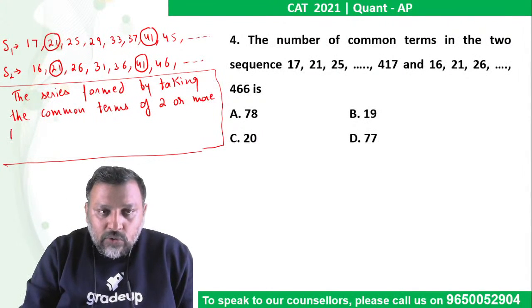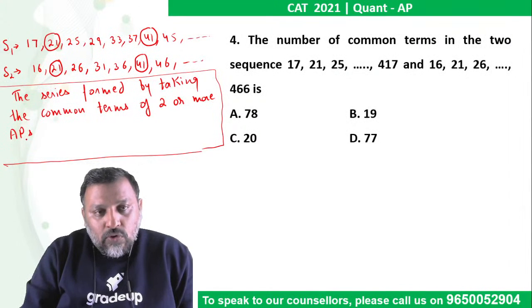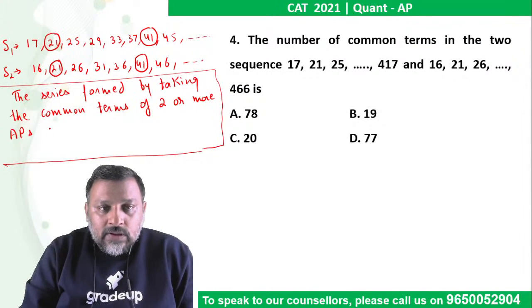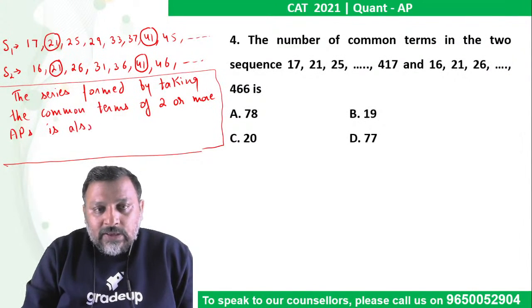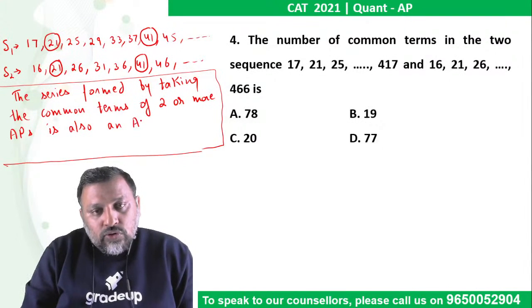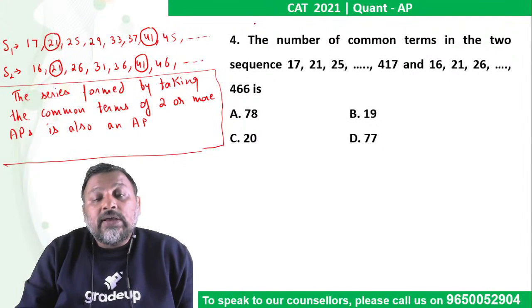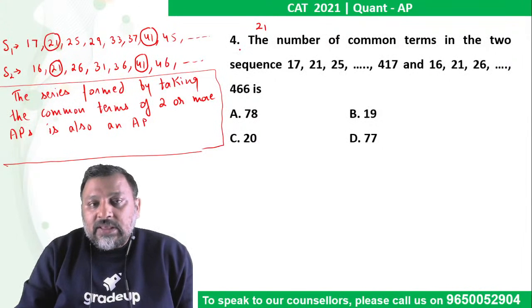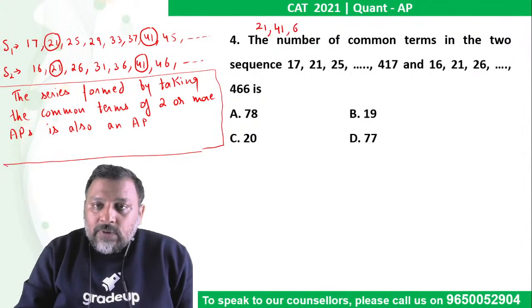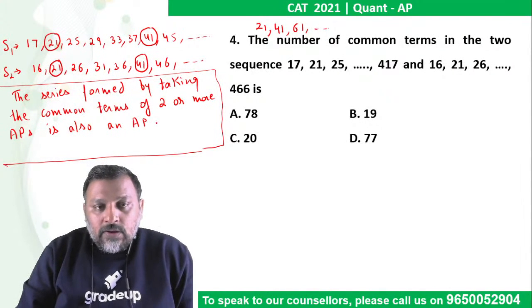This will work for 2 APs as well as for more APs. Is also an AP. जो भी आप common term लेके series बनाओगे तो वो भी AP ही मिलेगा. यहाँ पे देखिए first term 21 है, next common term is this, next common term would be this and so on. Okay, is also an AP with